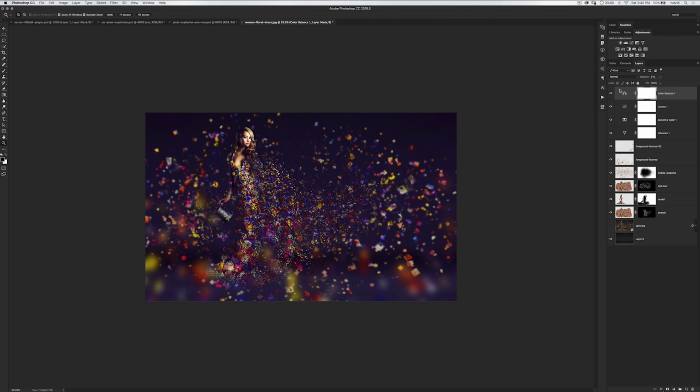But you can see here we've created this kind of crazy effect that began with just that girl standing there with that flower dress on. Now, let's take a quick look at the before image and then the after image, and you'll really see how much difference we made. And again, remember, for the third time, I want to stress, you don't have to go